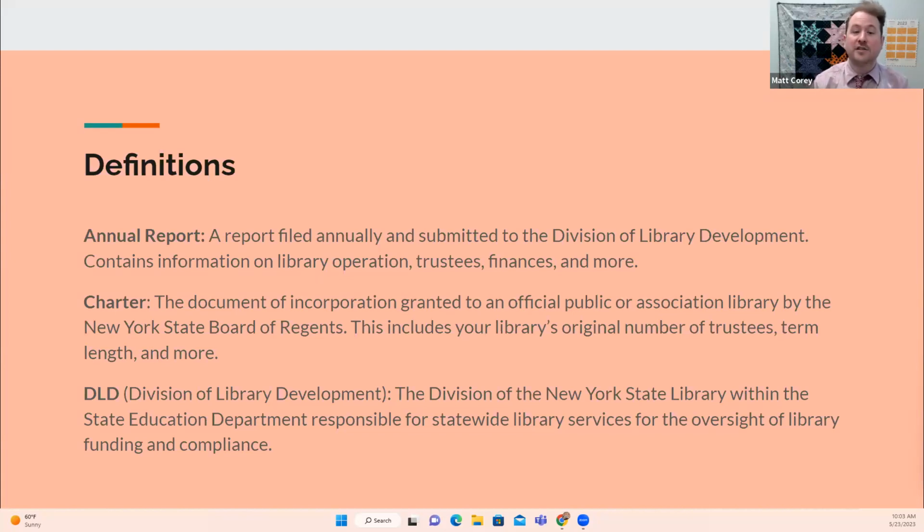annually and submitted to the Division of Library Development. This contains information on the library operation, its performance, trustee information, finances, and more. And usually your director is working on this in late January, February, and the board approves it, right, in February, sometimes March. The charter. So this is the document of incorporation granted to an official public or association library by